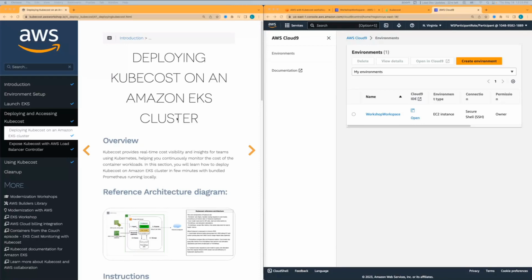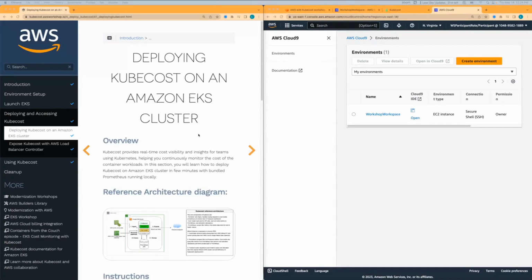So thank you, Mike, for the excellent presentation and introduction, and for walking everyone through how to set up the environment for our workshop today. What you can see on the screen is the section on deploying and accessing Kubecost. Basically, you will understand how to install Kubecost quickly with the Helm chart and how to expose Kubecost outside of the Amazon EKS cluster so you can access it or share it with the other team to